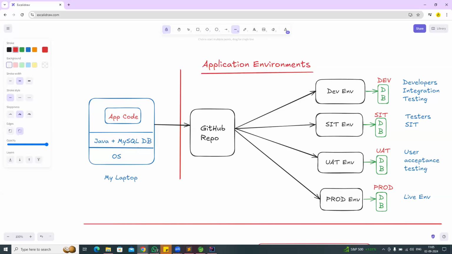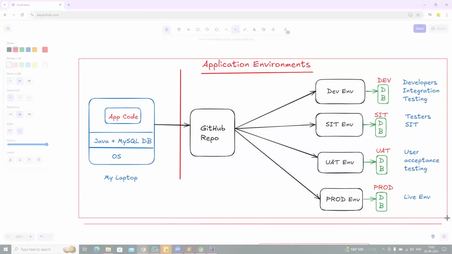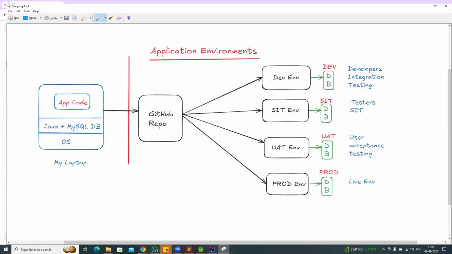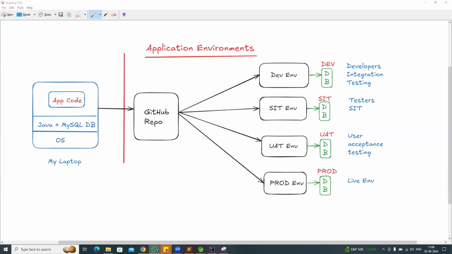So to overcome that problem, we are going to maintain profiles concept. For every environment, a dedicated profile will be available. And which profile you want to load for your application, you can activate that in the main properties file, which is also called the base properties file. How to activate that profile in the base properties file? So we are going to configure like this: